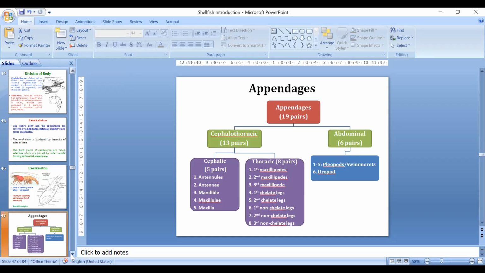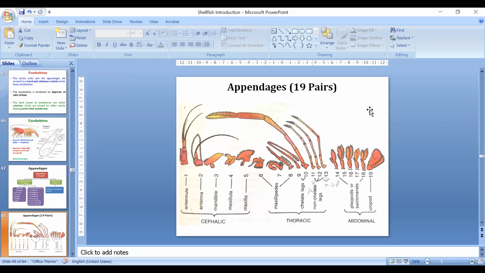These are the different appendages present on the cephalic, thoracic, and abdominal regions. We will take all these appendages one by one. Here is the diagrammatic compilation of these 19 pairs of appendages. Here you can see the first pair of appendages, cephalic, antennule, then this is antenna, then mandible, maxillule, and maxilla. Then just see 1, 2, and 3: first maxilliped, second maxilliped, and third maxilliped. Then first chelate leg, second chelate leg. Chelate leg means, here you can see on this leg, the end of this appendage has